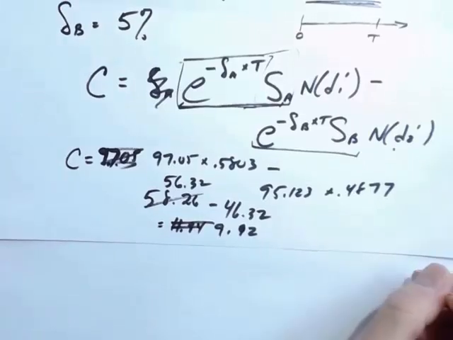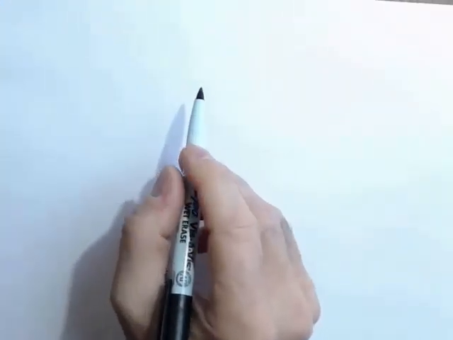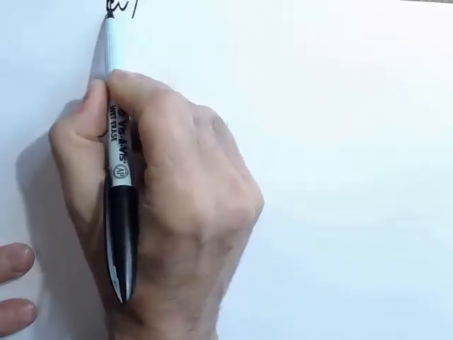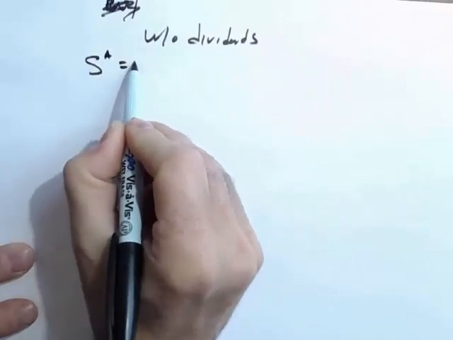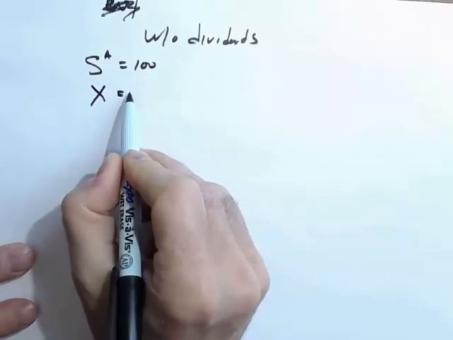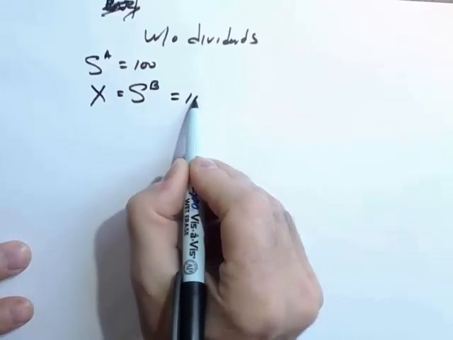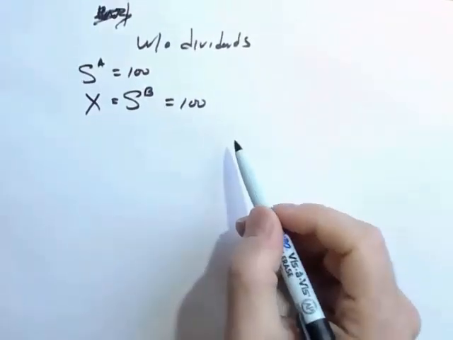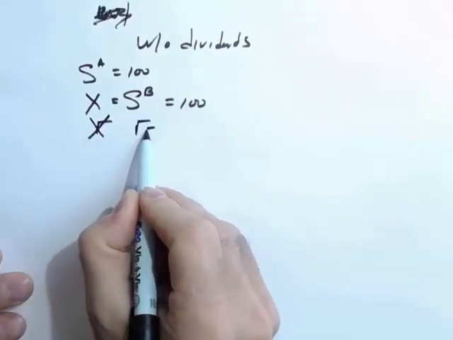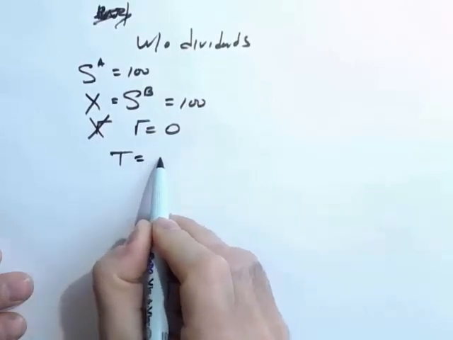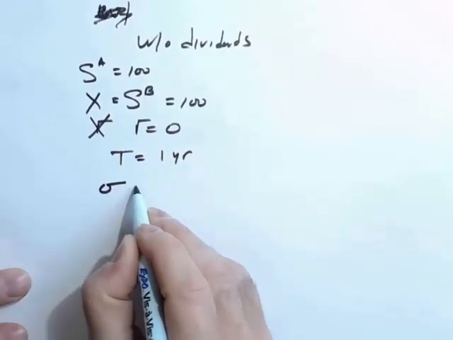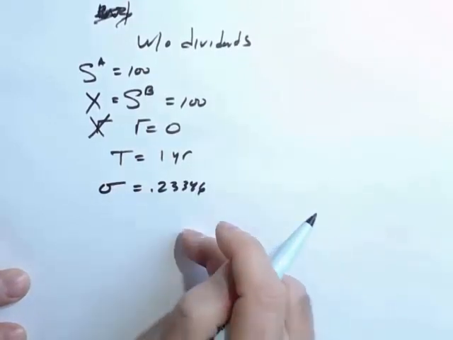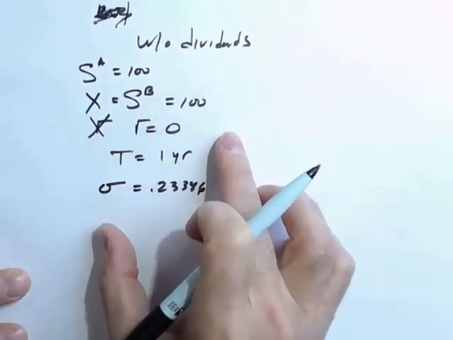And so, by the way, you can trick the standard Black-Scholes software that you have. For an exchange option without dividends, you would put SA would be 100. Your X would be equal to your SB, because everything's relative to 100. You would put that in as your X in the software. There's no R, so you set that R equal to 0. You still put in your time in years, 1 year, and without dividends there's no deltas to worry about. You need to put in your combined sigma 0.23346,